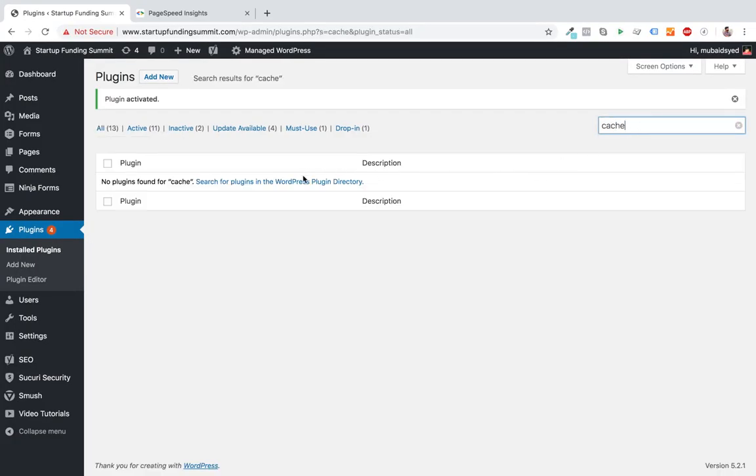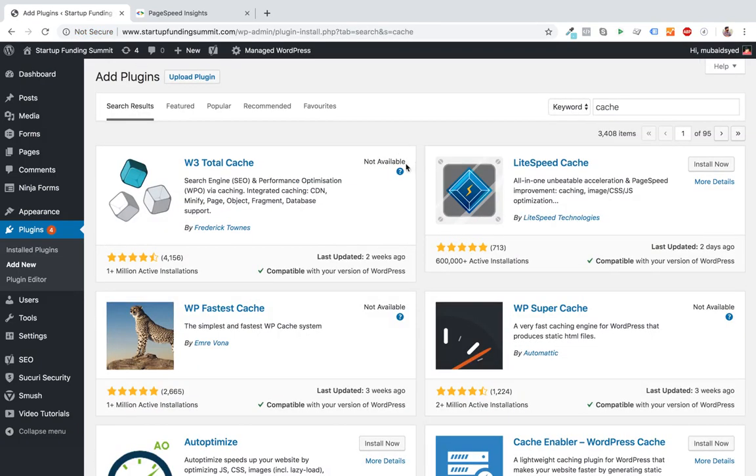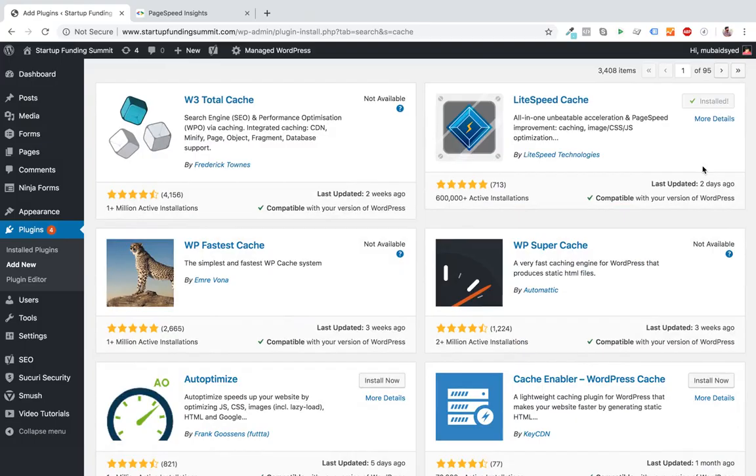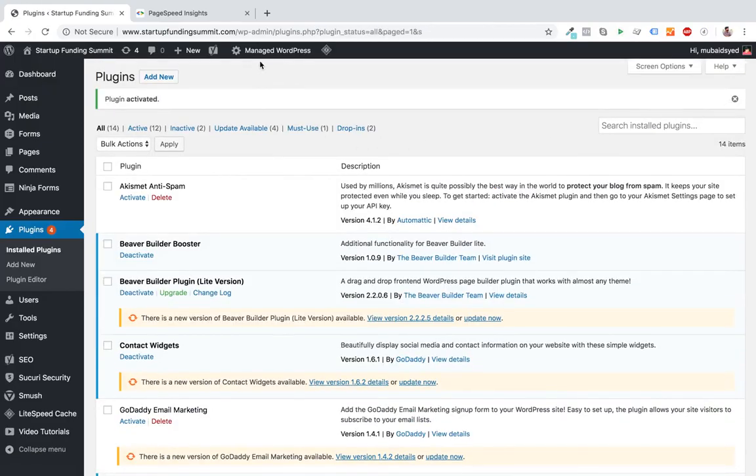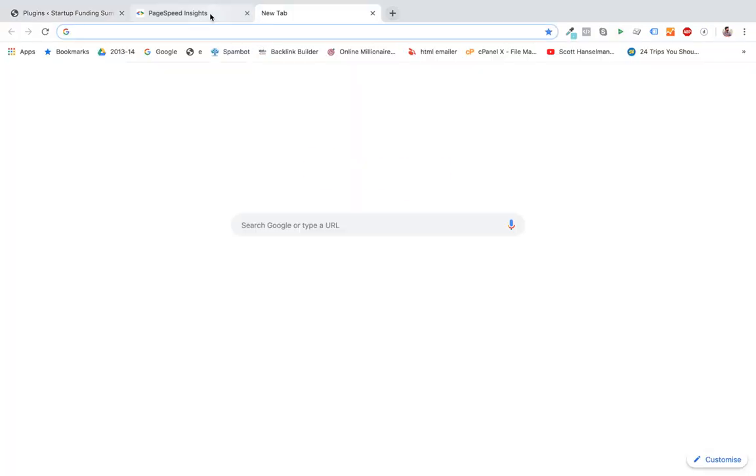Let's see what cache applications we got. Yeah, we could install. I think it's there. These are not available, it seems. Let's install LiteSpeed Cache. Either way, what caching does is it doesn't hit the server all the time. It would basically cache the data of WordPress and show it. So we will not go into the settings part of this thing. That would get too technical and deviate from the whole point of it.